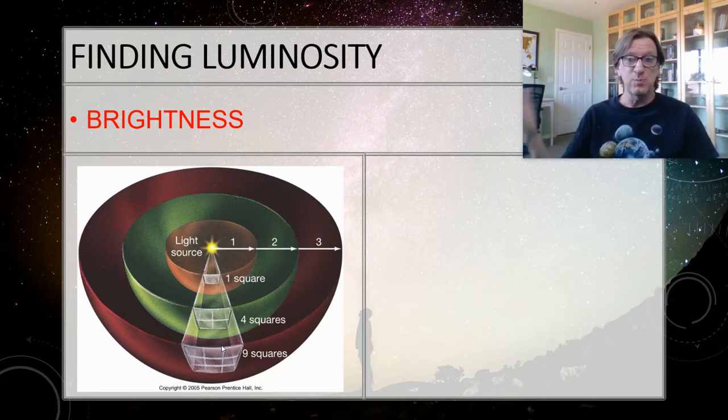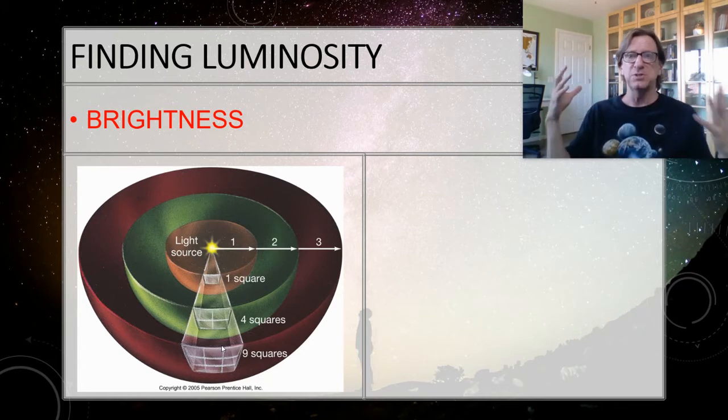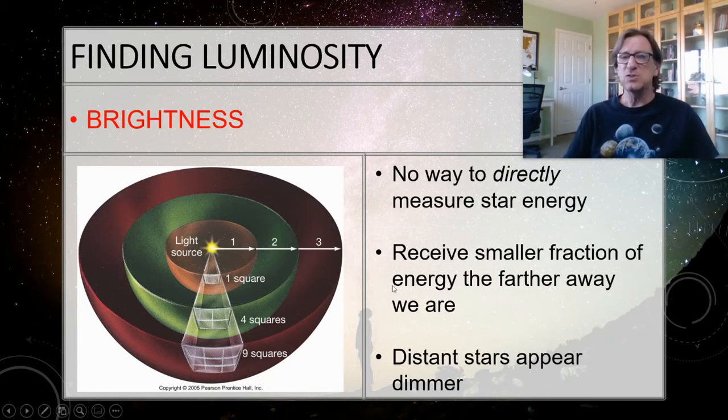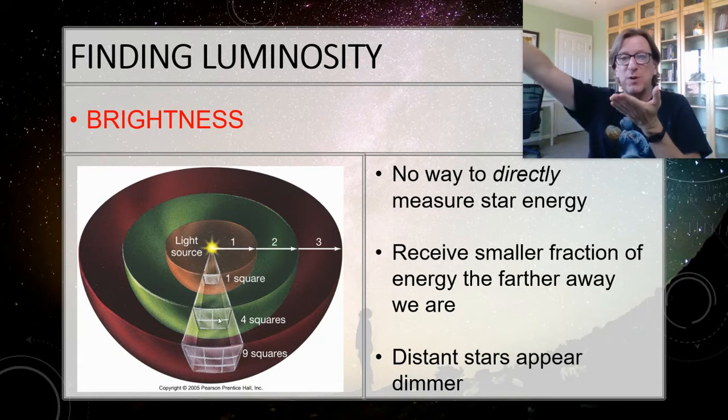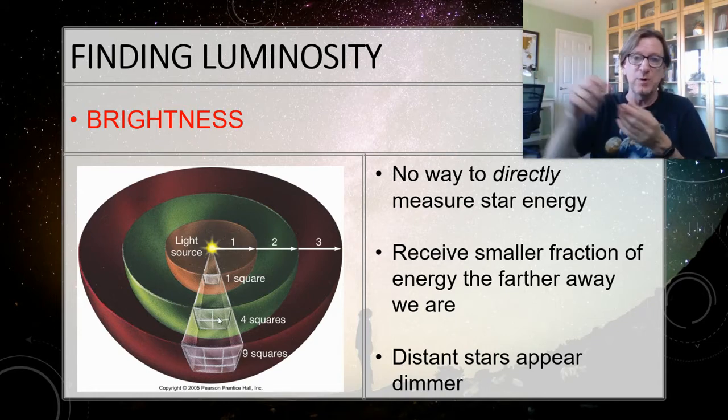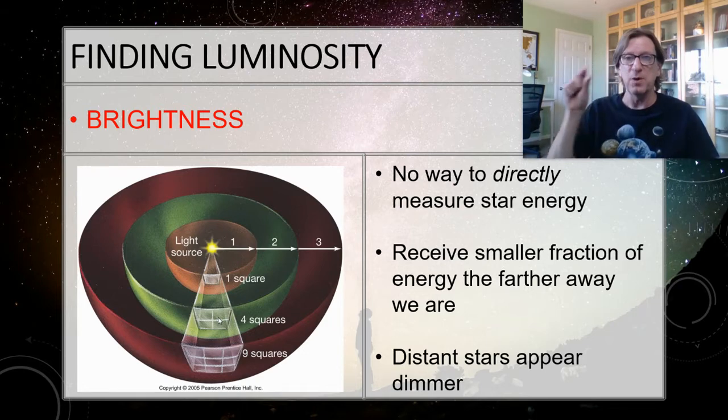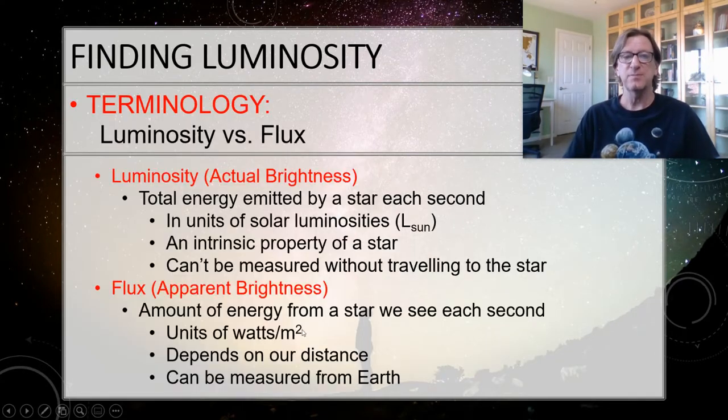This is why, even as bright as the sun is right now, if we go out to Mars, the sun starts to look much, much dimmer. And if you go in to Mercury, it's going to look much, much brighter. Since there's no way for us to directly measure the star's energy, we get a smaller and smaller fraction of it as we move away. So this is why things look dimmer when they're farther away. It's not that the light is weak or tired. It's just being spread out. It's like taking a small amount of butter and spreading it over a larger piece of bread. It's going to be thinner and thinner in any one part of the bread. So we're only receiving a little part of this.